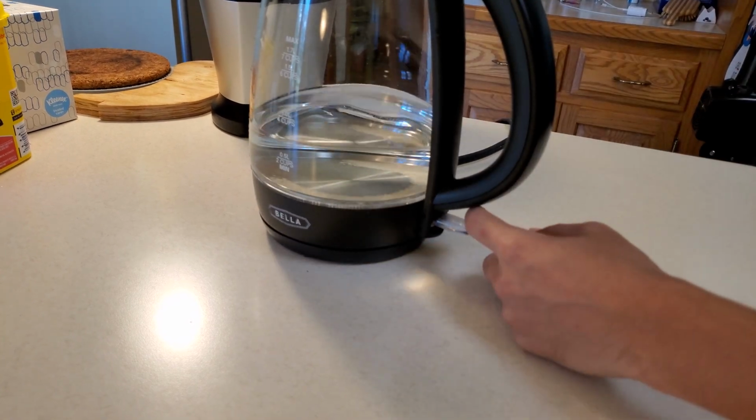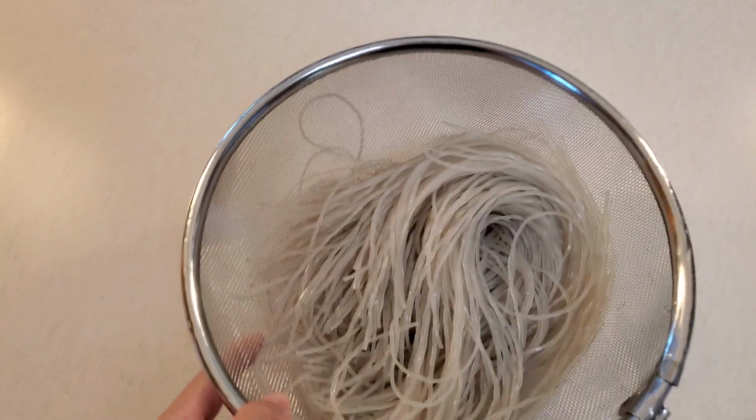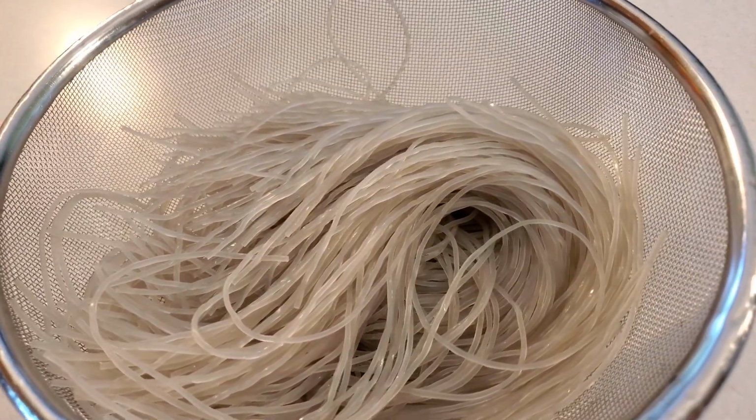confused, that's my explanation. Anyways, what differentiates the North Korean style Mandus from the regular Mandus are these starch noodles, or Dangmyun. This will be part of your filling, but for now, let's put this aside and get into the